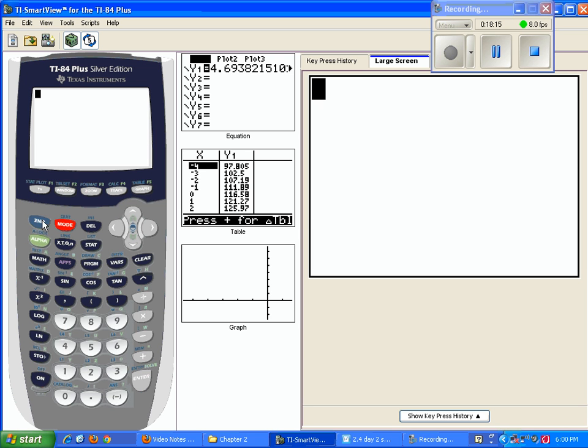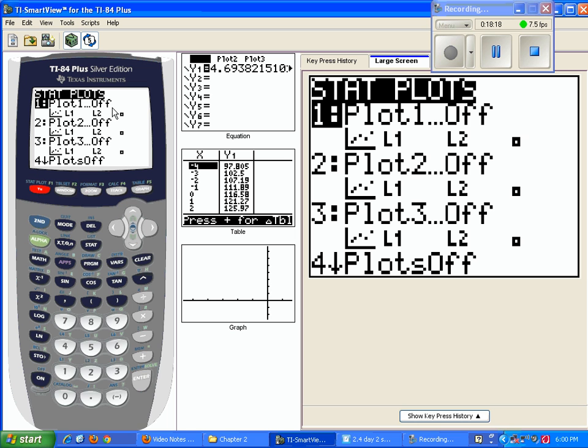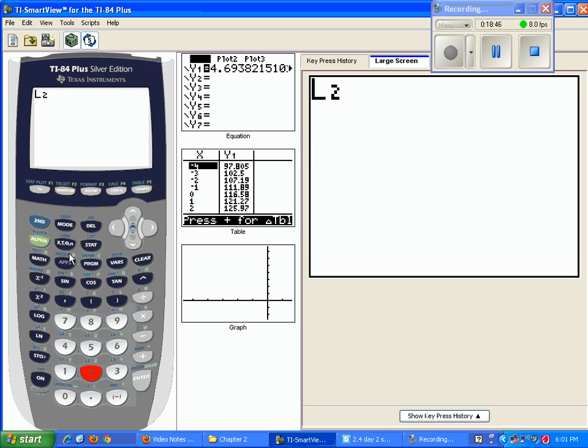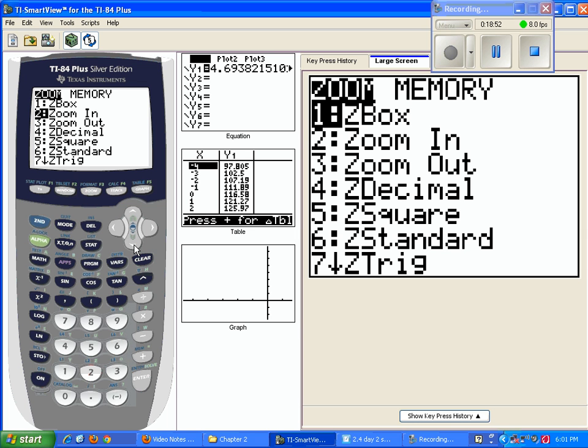So in order to use that zoom stat button, you have to go to second y equals, and you need to turn this stat plot on. So how do you do that? You hit enter on the first graph, hit enter on, and then make sure you're in list 1 and 2 always. Even when you're putting stuff into your calculator, list 1 and 2, don't use the other lists for right now. So if it's not in list 1 and 2, if you want to get list 1, you can hit second and 1, which gives you list 1, and then second 2 gives you list 2. So now that my stat plot's turned on, now I can go to zoom, and remember, if we